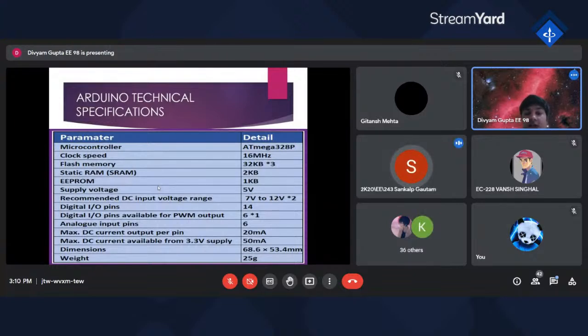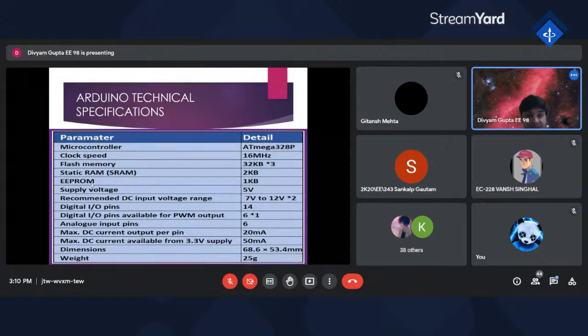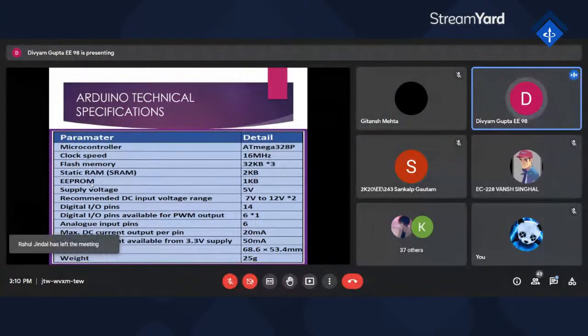Divyam, someone has asked in the chat, could you please explain clock speed once again? Okay. Clock speed is basically this: when you write any code, we have a syntax of loop in the programming language of Arduino. When it automatically runs the program, it will execute the program while the condition is true. That is the clock speed. After every particular finite limit, it will execute its code again and again. We will also show you the coding program that is shown by Vansh also.